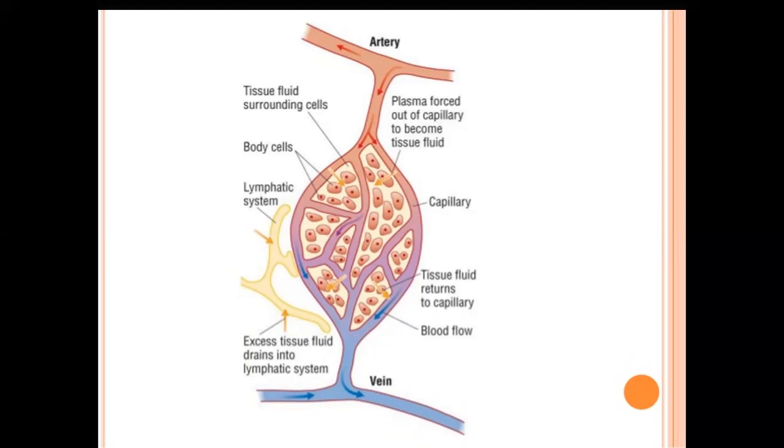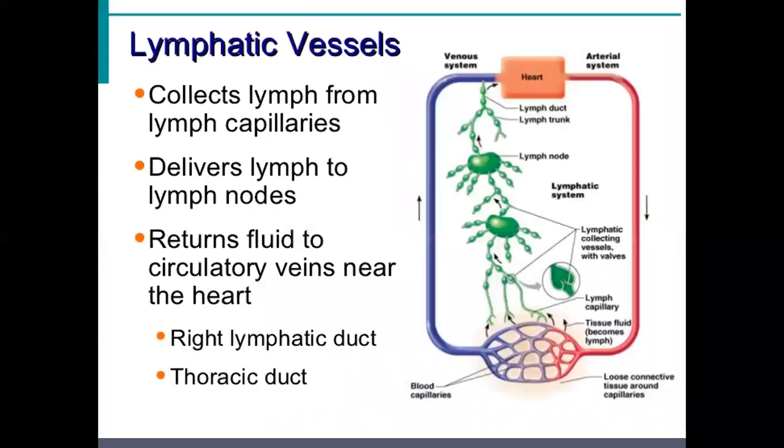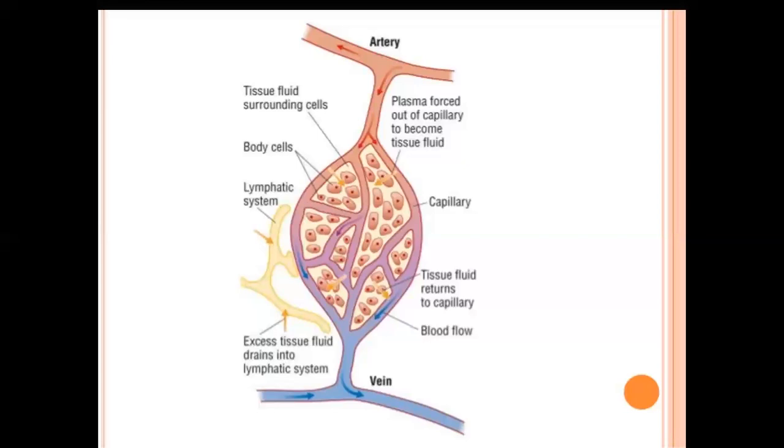Lymph capillaries are present almost in all tissues of the body except avascular structures. We studied the avascular structures, which were epidermis, cornea, cartilage, hair, and nail. The lymph is also absent in the central nervous system. This is also an important MCQ. Lymph is absent in the central nervous system and the bone marrow. And lymph is very few in the endomysium of skeletal muscle.